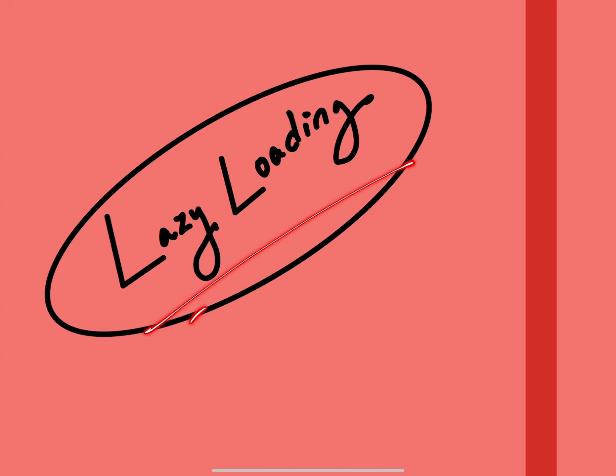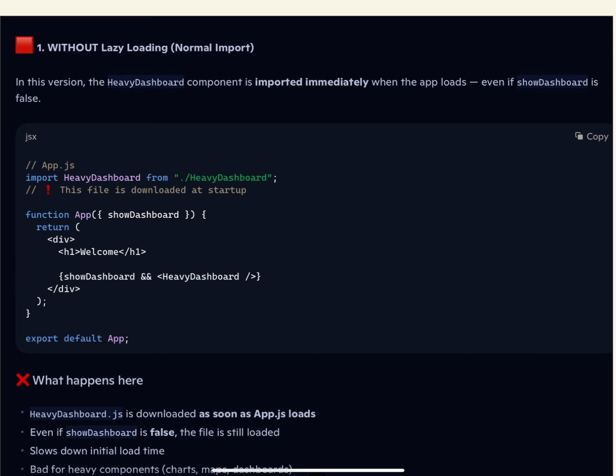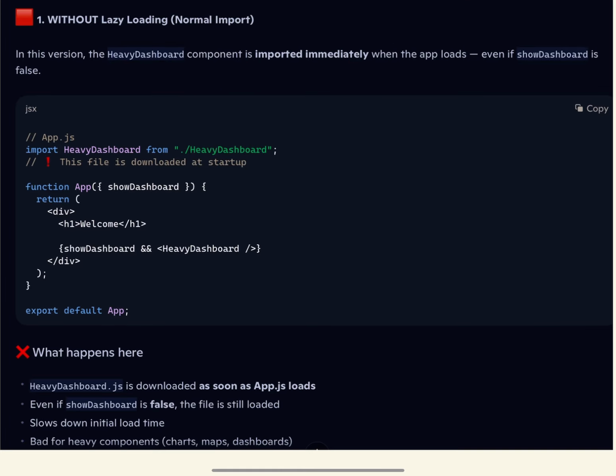Okay, let's see lazy loading in React. Without lazy loading, if we do a normal import, in this version, a heavy dashboard component is imported immediately when the app loads. So if you see here, based on this boolean flag, we are displaying a component here. And even if this is false, because we have done the import here, it will still go ahead and download this component. If you go to the developer tools and go in the network tab, you will see this component